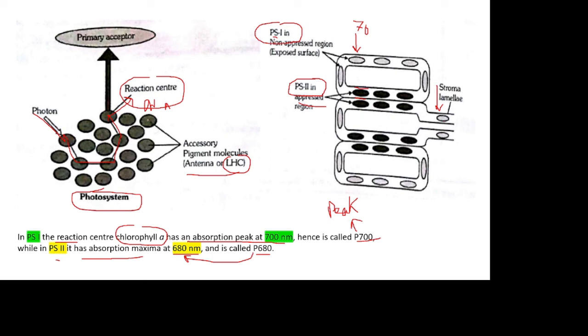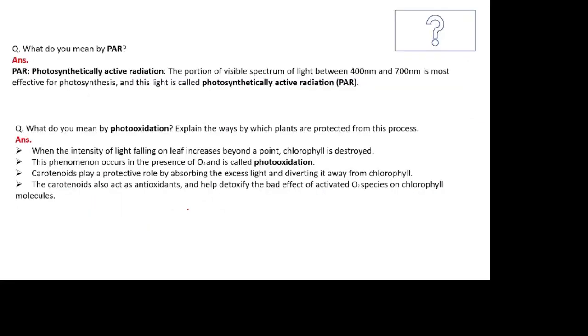So these are all the structures involved in the light reaction, because the first step of photosynthesis is the absorption of light. Hence PS1 and PS2 need to be known to you, and these reaction centers help in the absorption of light. We will learn the light reactions and the dark reaction in our next part.